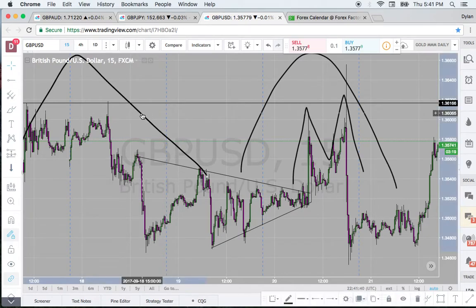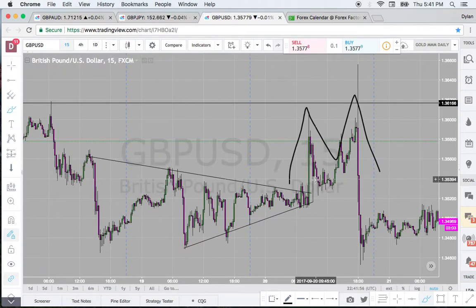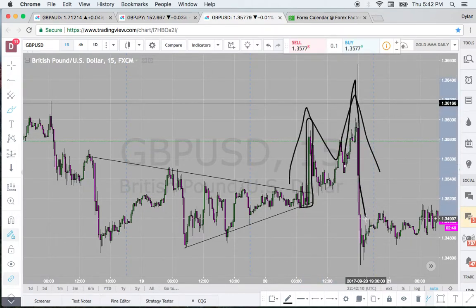Now let me delete some of this stuff. What is our signature trade for those that may not know about it? It's so simple. It's basically a wedge formation. The second leg of the wedge formation, the first leg, the breakout of this wedge creates the first leg of the M. So here's the first leg, and then the second leg of the M you can see was that stop hunt above the high